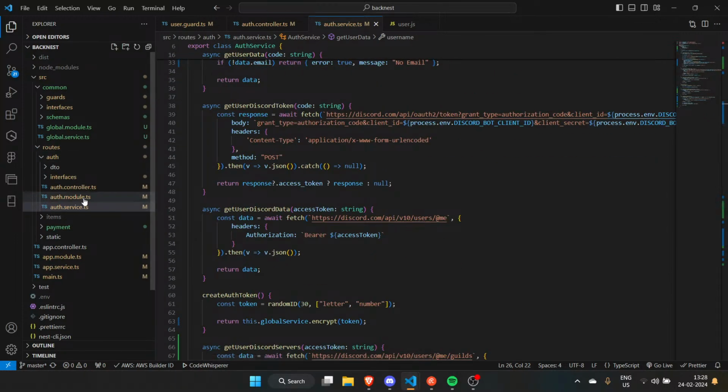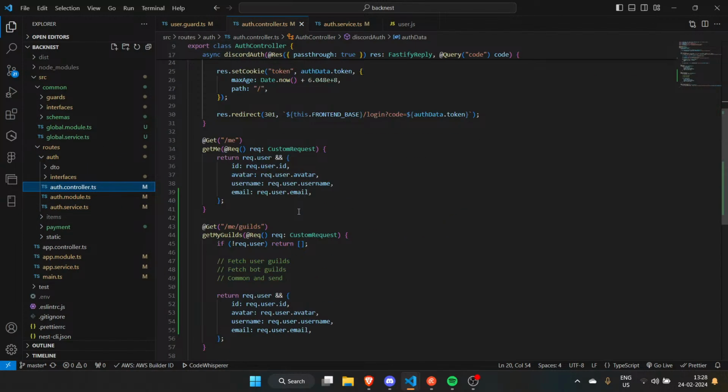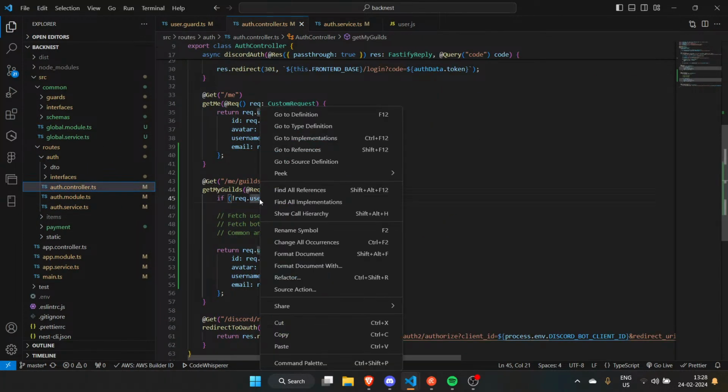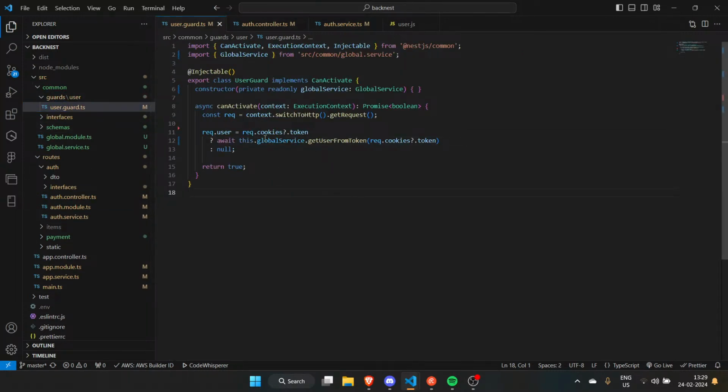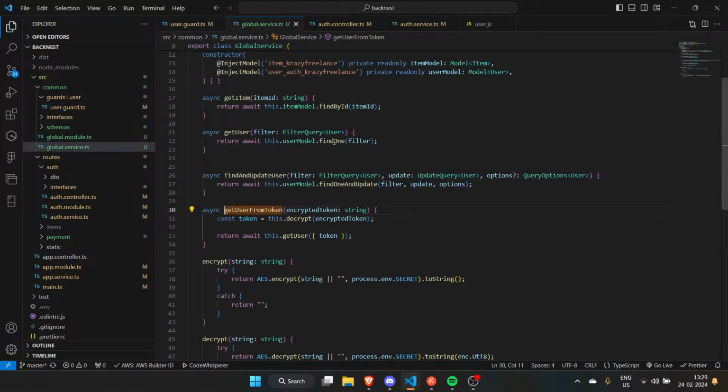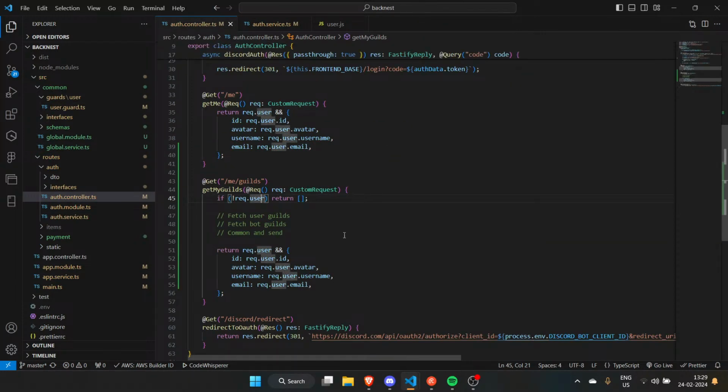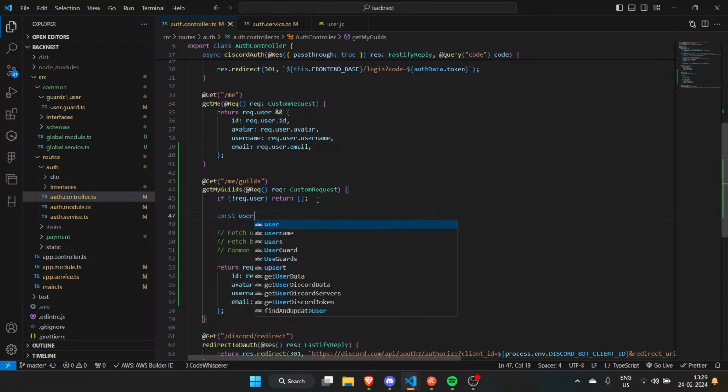Now I want to get the user data. How do I get the user data? So what I can do is request.user, huh? Okay, let's look at the guard. So I'm doing get user from token. What is get user from token? Token, decrypt the token. This dot get user token. Okay, that makes sense. So after this, what I'm going to do is const user guilds equals this